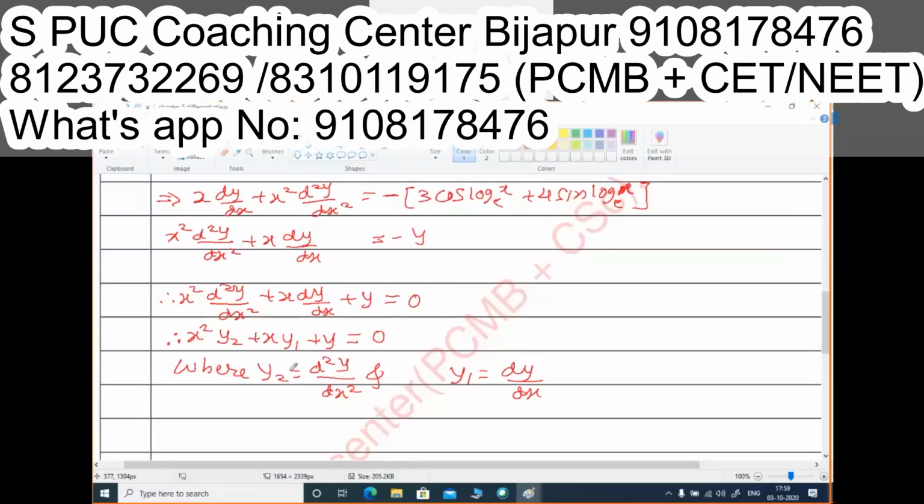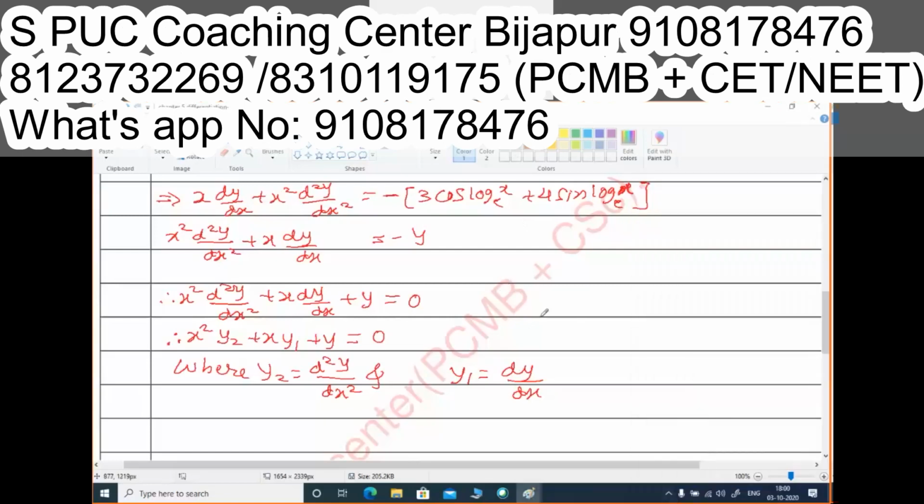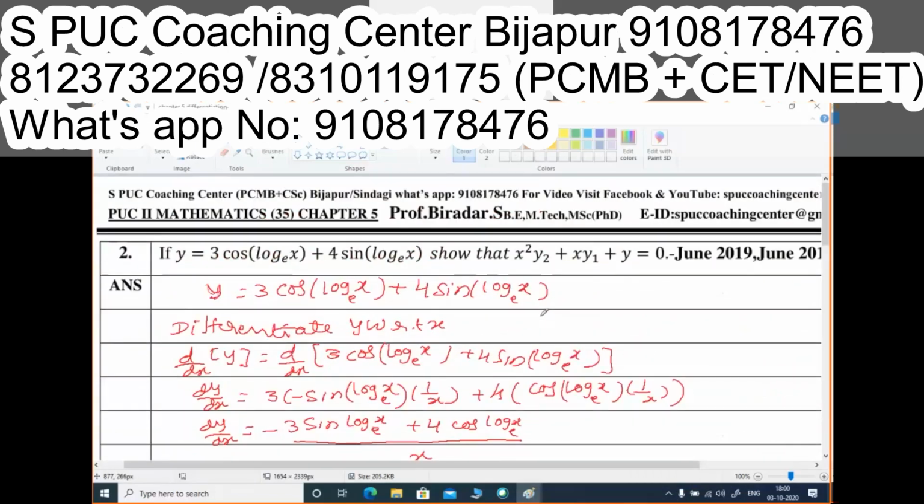Only y2 means second order derivative. Y double dash is also the second order derivative, that is d square y by dx square. If he has given y1, that is first order derivative, dy by dx it is. He may give it as y dash, that is dy by dx itself. Clear to everybody? Is it essential to demonstrate the summary of the problem? Yes, anybody please? Does anybody need the summarization of the problem?